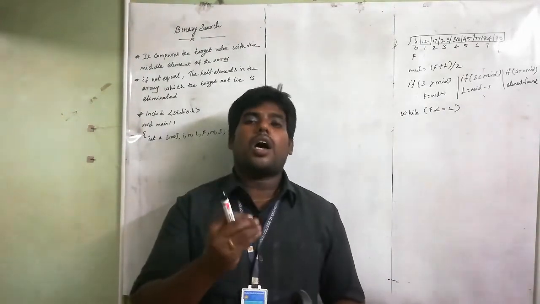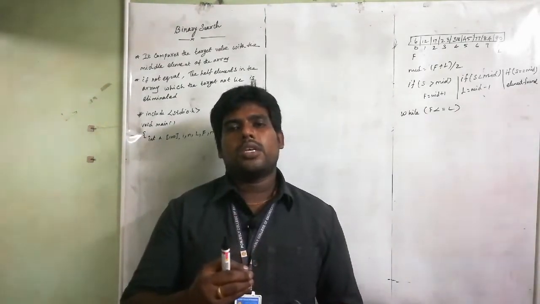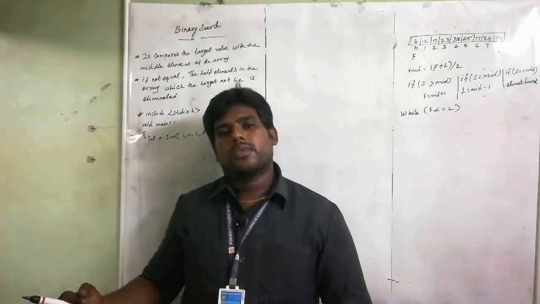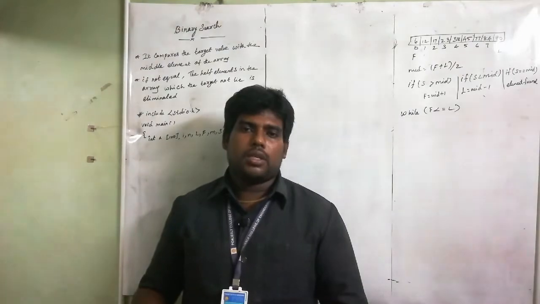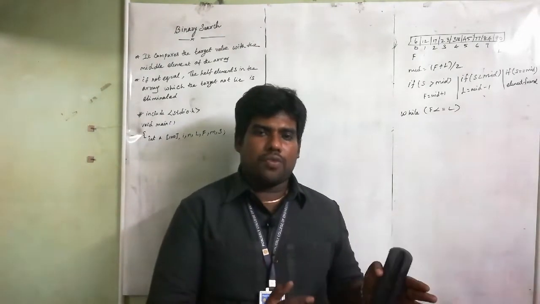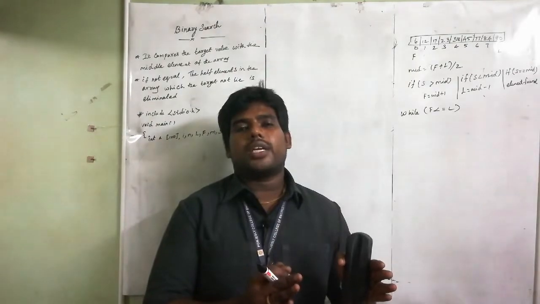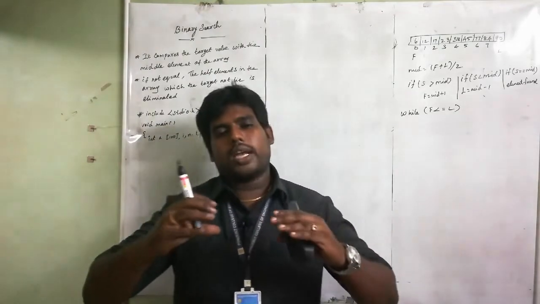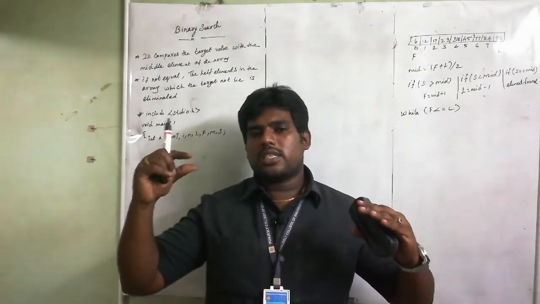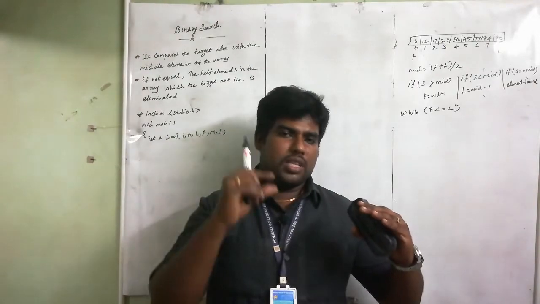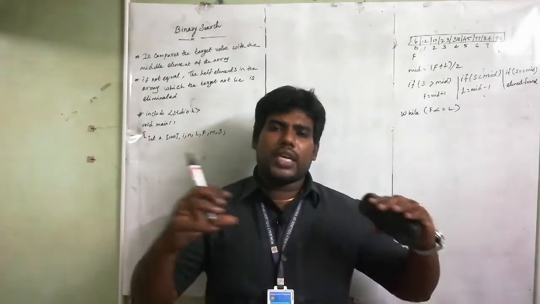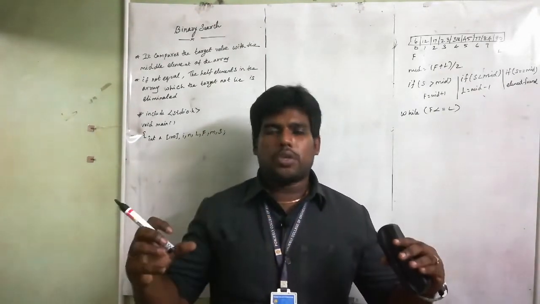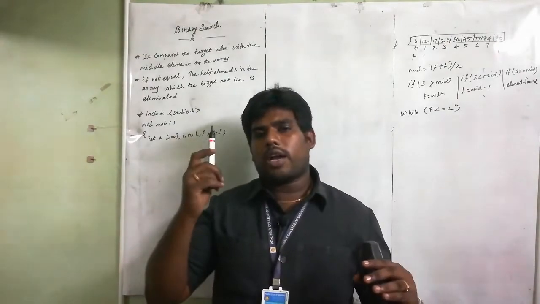Then the particular target element, or the search element, is compared with the middle element. If it is not equal to the middle element, then the half in which the target element does not lie will be eliminated. So the whole array is divided into two, then the search element is compared with the middle element. By checking the middle only we are able to split into two, right? So first of all we find the mid, then we split it into two, then we compare the target element with the mid.